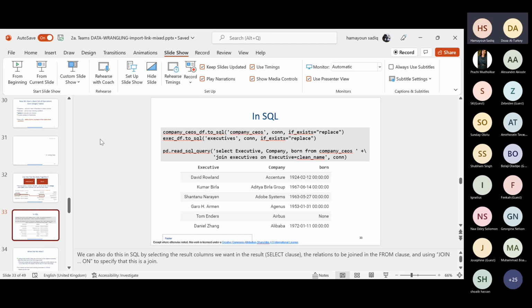We can also do this in SQL by selecting the result columns we want in the select clause, the relations to be joined in the from clause, and using join on to specify this is a join. So just to emphasize, these operations select, from, join, on are particular commands which are used in